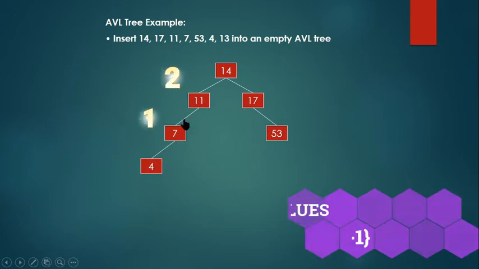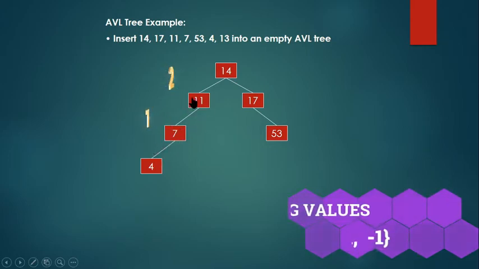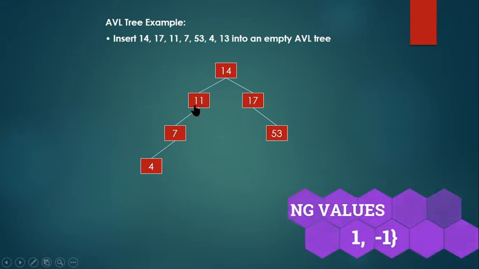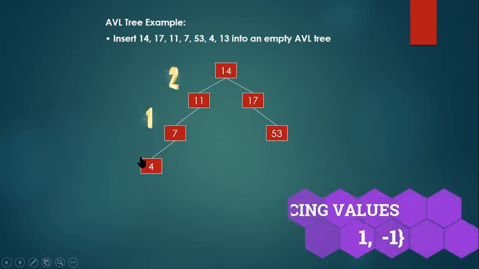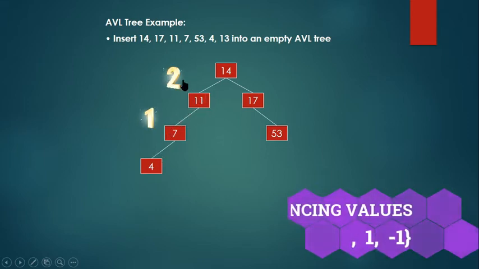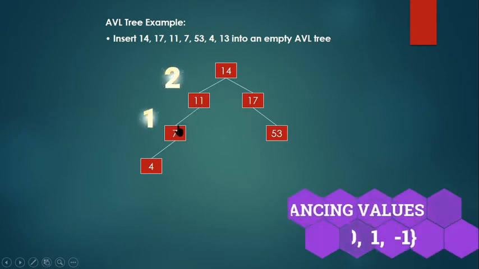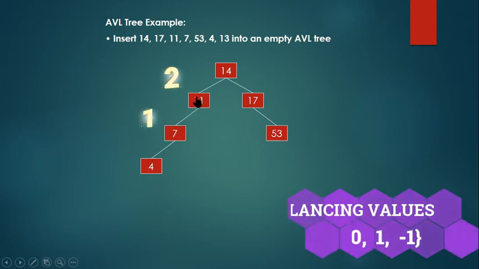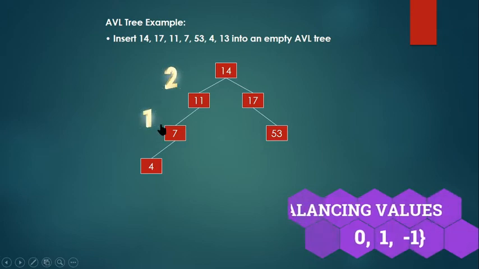And look, all these three nodes fall at the left side. So if everything falls at the left side, we have to go for the right rotation. We have to rotate this to the right side. Remember, I am considering this 11, 7 and 4 because this 11 is not in a balanced format. So the respective below nodes 7 and 4 all fall on the left side. So I am making a right rotation.